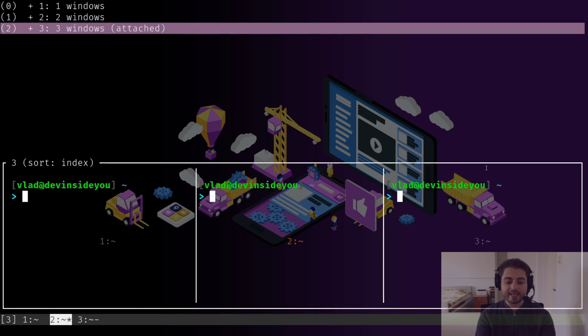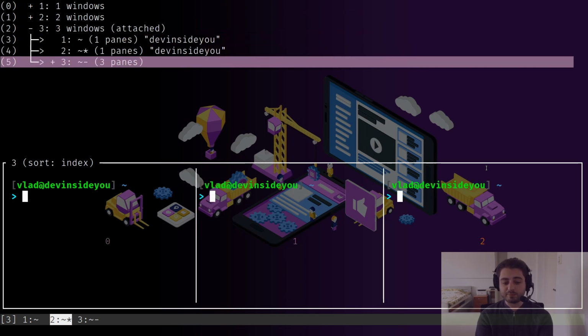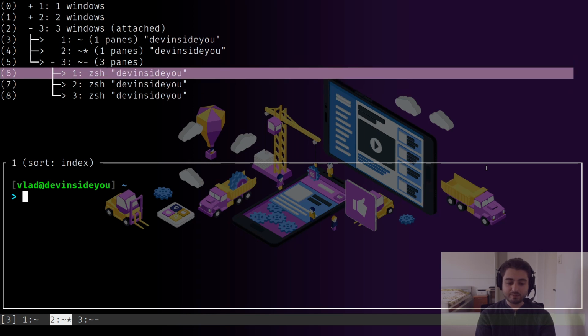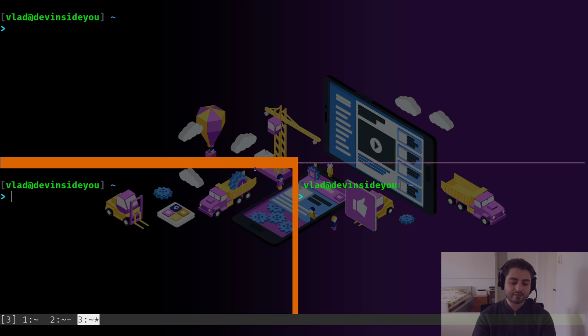Control A and then S, and it will go into this graphical thing, right? So now I can just use my arrow keys to expand things. If I want to expand, I press right, and it expands things. It gives me the preview, and I can jump into them like this. By the way, as I have shown you in the previous video, if you go again into